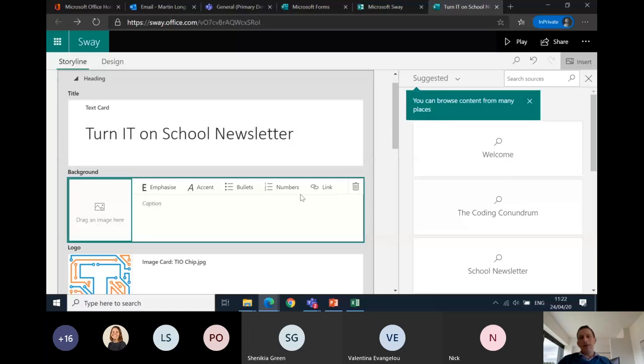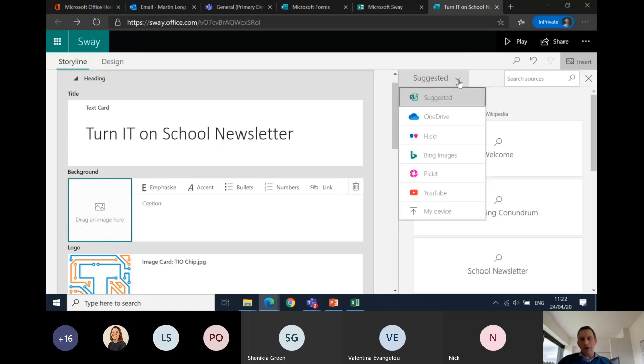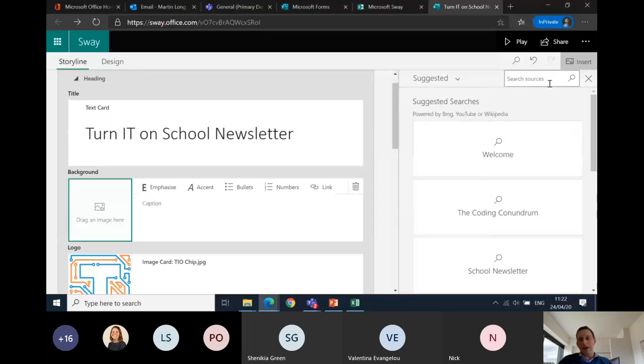If I want to add a background back in, I can click it again and I can add a background back in. One of the other things I wanted to show you in Sway is you don't have to leave Sway to get content. It's got a search engine built into it. So you don't have to open up another tab in your web browser and go wandering off. You can go through either suggested content, or you can get something from your OneDrive, or you can use online searches such as Bing, or you can go for Flickr, which is like an image search website. So if I wanted to search for computing,